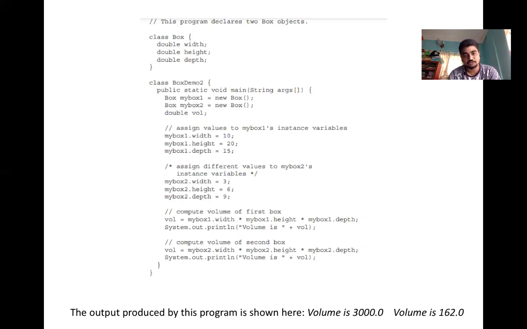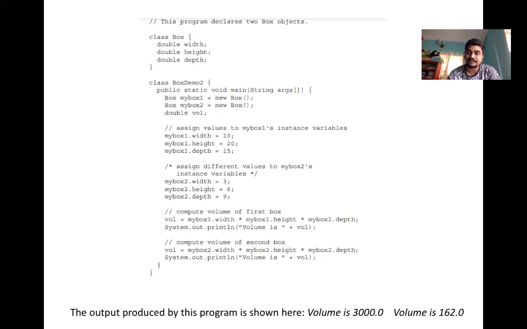Then after that, myBox2.width, myBox2.height, myBox2.depth, I have defined all those instance variables. Then vol = myBox1.width * myBox1.height * myBox1.depth, and you display the volume. Again compute the volume of the second box, vol = myBox2.width * myBox2.height * myBox2.depth, and if you display vol, it will show you two different volumes of the two boxes.